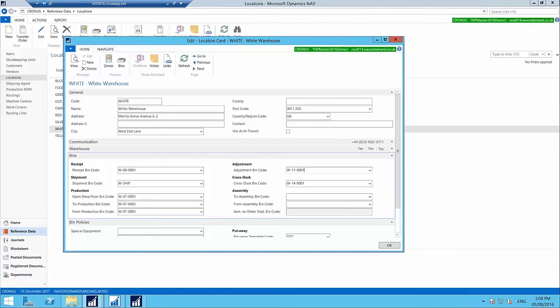The adjustment bin is a virtual bin, and it's not really a place where items exist for any length of time, because it is our link between warehouse entries and inventory. So if we physically count and we have an increase in a bin, so there's more items in, or we take some out and we've got fewer items in there,